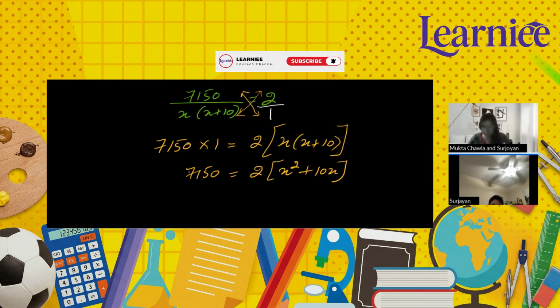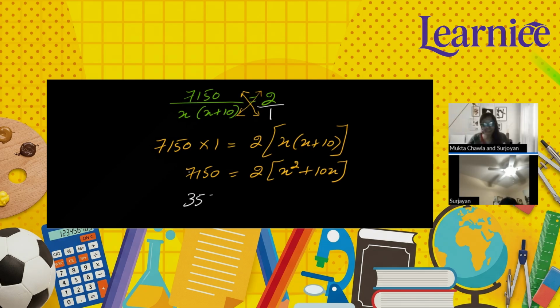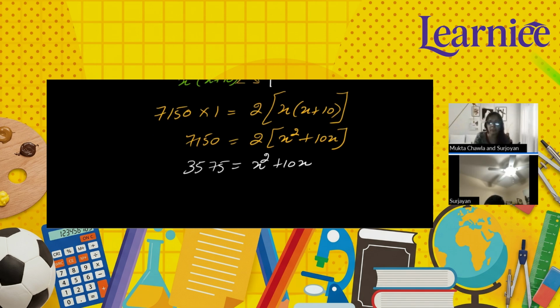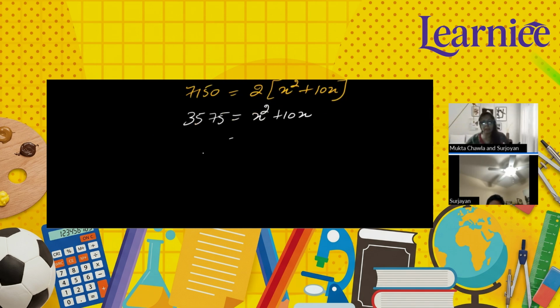3575 is equal to x squared plus 10x. Yes, very good. Great. Now what we can do here? We can make equations, right? Do you know how to split the values? Generally, we don't keep the variable on the right hand side, but here I don't want to make it complicated, so I'm going with the right hand side. I'm shifting 3575 to that side. Is it fine? Generally this is not what we do, but it's fine because we simply have to solve the equation, right?